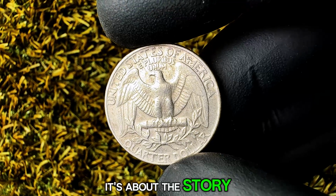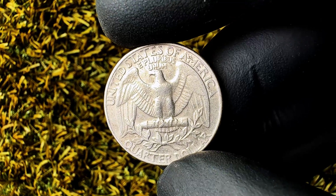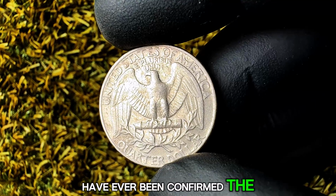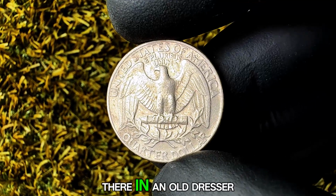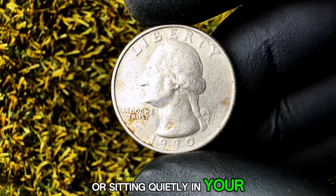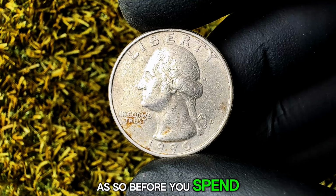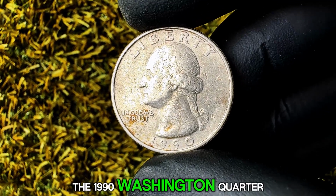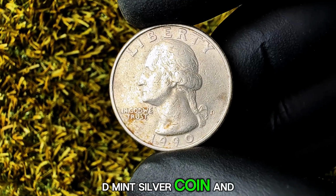It's about the story. The mystery. The possibility. Only a few of these have ever been confirmed, the rest, they could be out there, in an old dresser drawer, a forgotten piggy bank, or sitting quietly in your pocket right now. So before you spend that next quarter, take a second look. It might just be the 1990 Washington quarter D mint silver coin, and it might just be worth